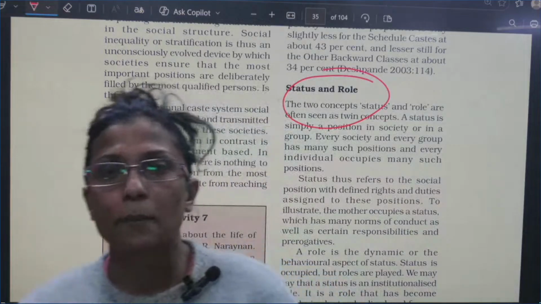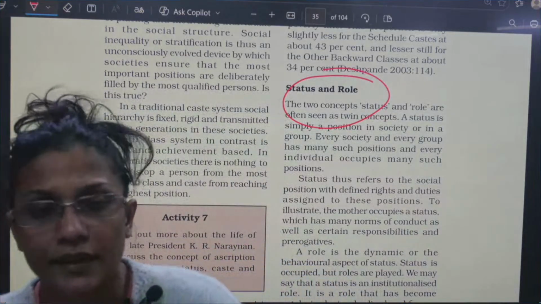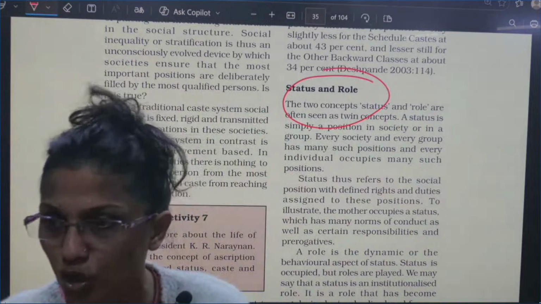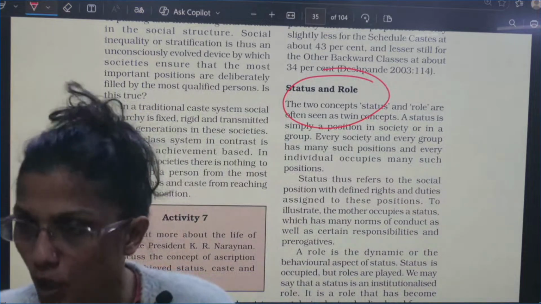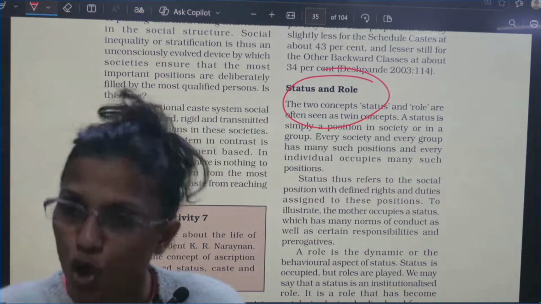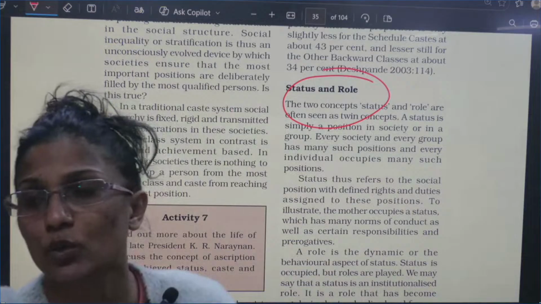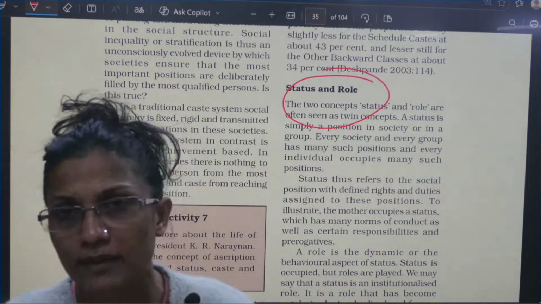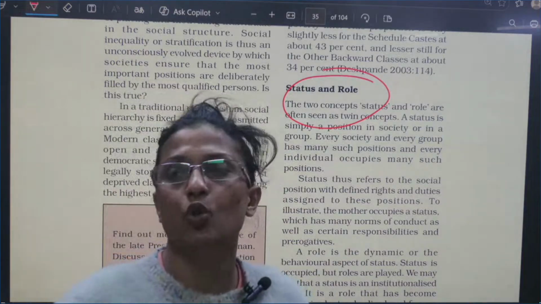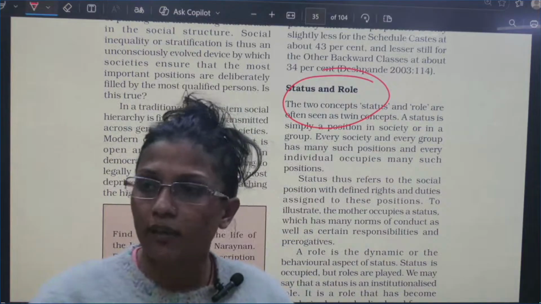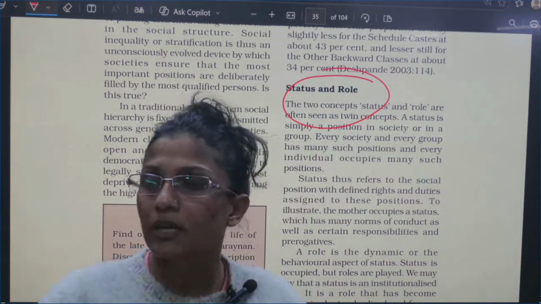So, you are a member of different social groups. In your family, what is your status? You can be a son, you can be a daughter, or a wife, or a sister, husband, anything, any status. According to that status, you are going to get to play different roles. So as a mother, society has given you certain roles. As a father, society has given you certain roles. Okay? Now you can have multiple roles.